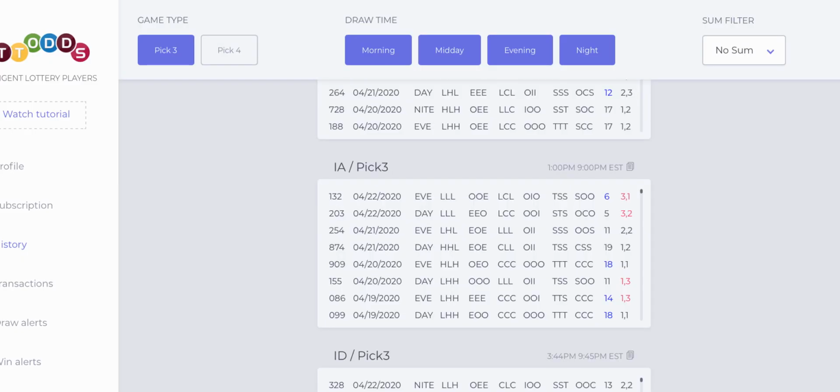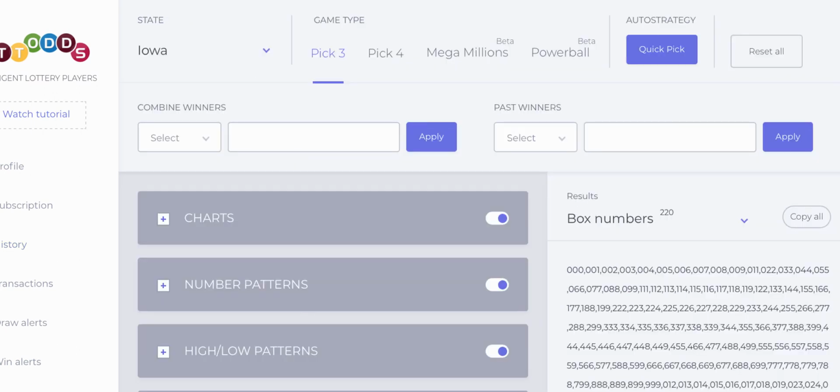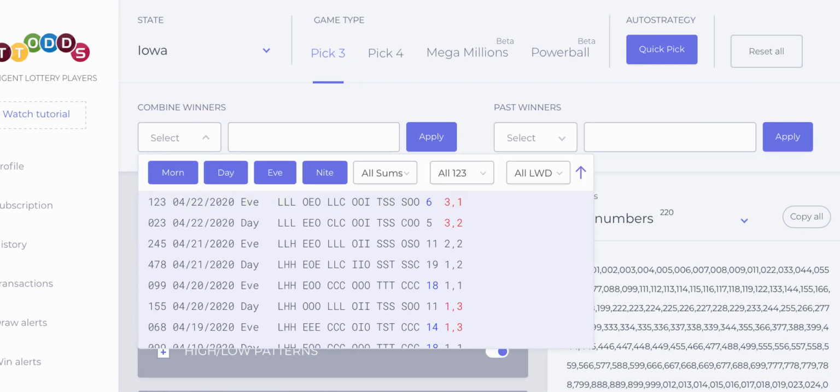All right, so today I went through the history page and I found this state, Iowa. Iowa, we have a Trinity number right there, 0, 2, 3. Okay, first draw has already occurred, and look, there's a 2 in there. So we're hoping that on the second or third draw, we're going to hit with a 0 or a 2, lowest winning digit. And then you're going to go to the prediction tool, to the Iowa section, and start utilizing these features to determine which numbers to remove.